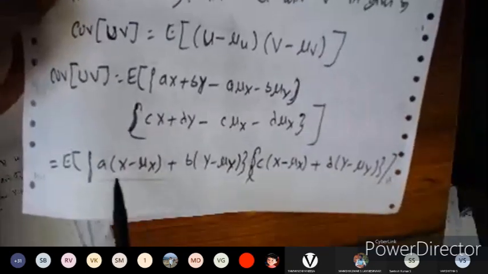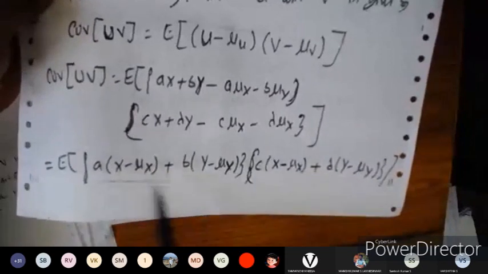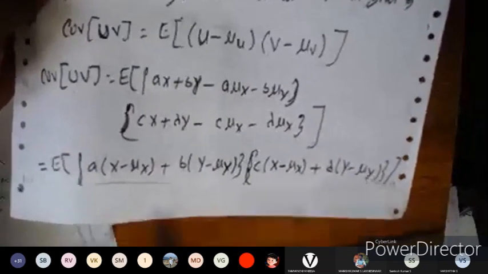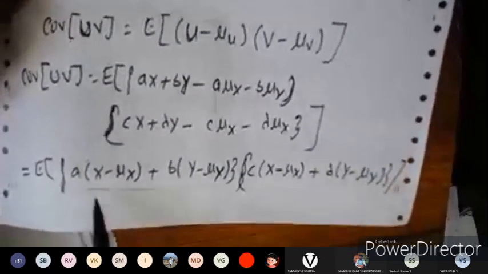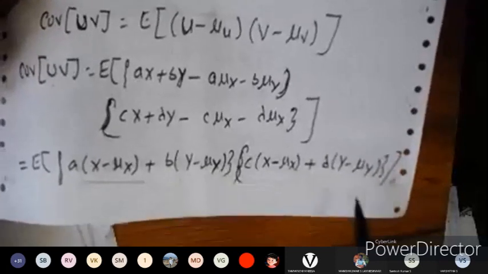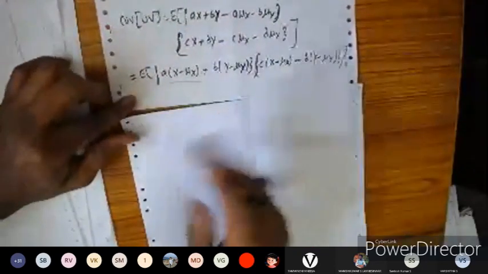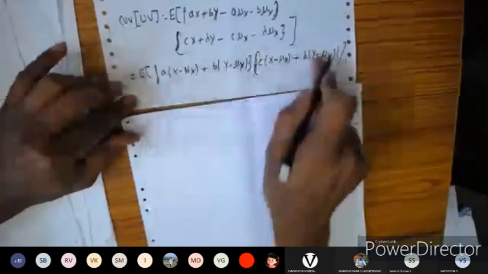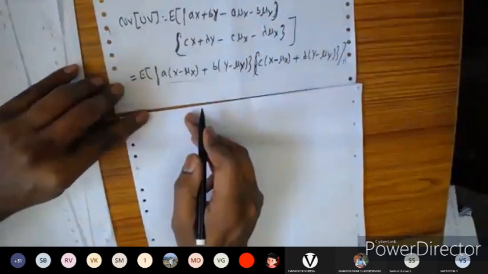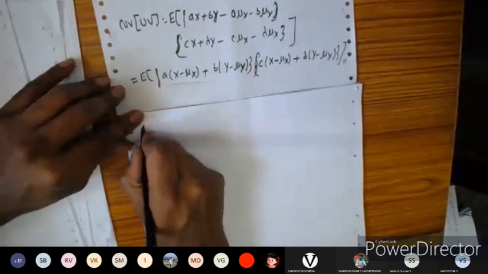Now what shall we do is, let us take the product of these. Assume this is a plus b, and this is c plus d here. So a into c plus a into d plus b into c plus b into d. Let us take that and write the product here. Okay, now we'll do the product. Let us take the product of these terms here. I'm not going to expand, I'm just going to multiply the terms, and let us see what we'll get here.